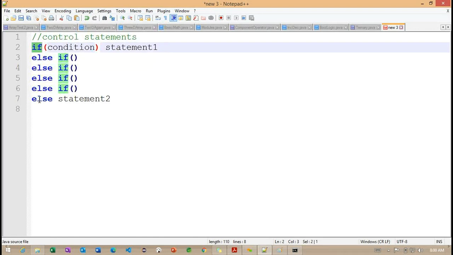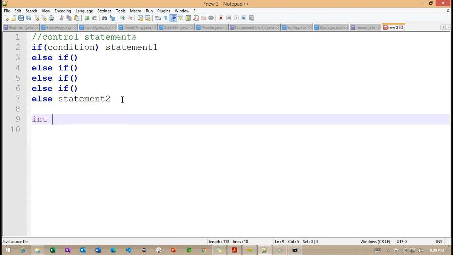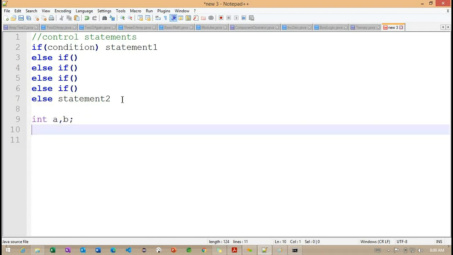Right. So we'll have a simple example on the if condition as well as the else condition. After this we are going to check the if, else if and else condition. Okay, so back to here, I'm declaring two variables, a comma b. I'm trying to check a conditional block: a less than b. Getting the point?